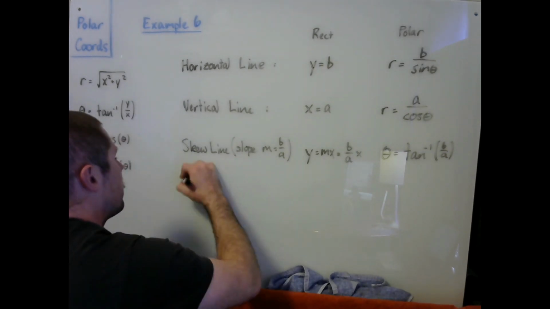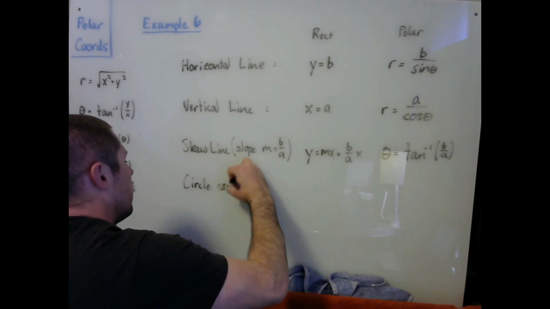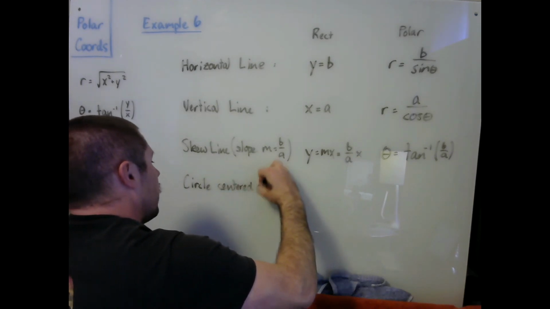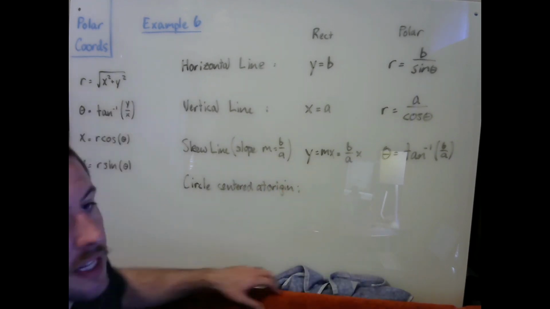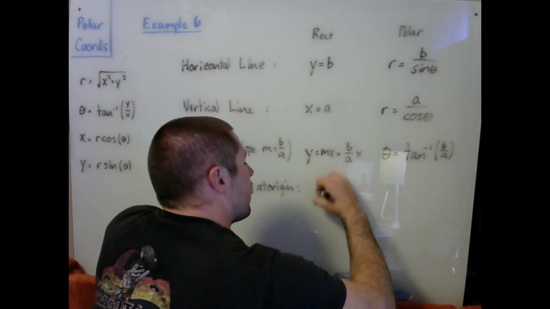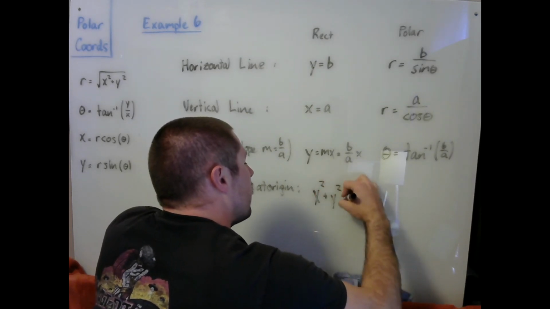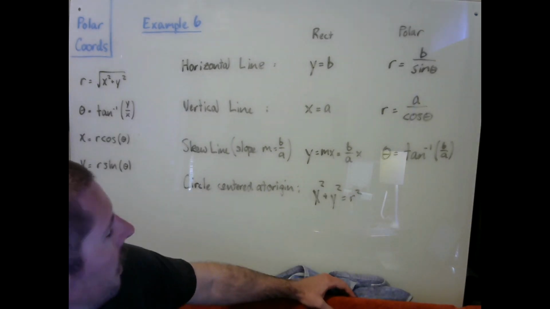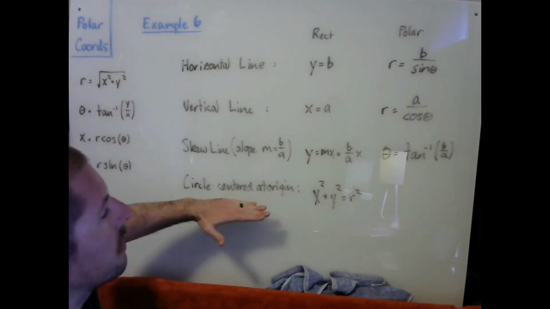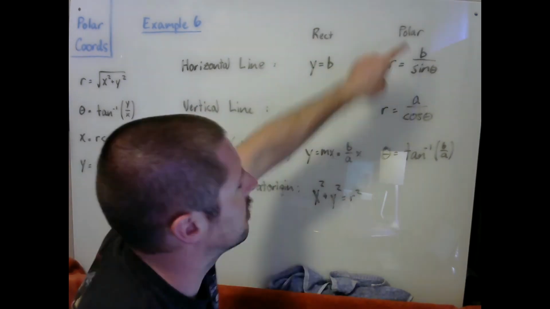Finally, we have a circle centered at the origin. A circle centered at the origin is always going to have an equation of x squared plus y squared equals r squared. The radius is always squared on that other side there. And much more simply, since circles are not rectangular, but circles are described by angles and radii, we get a very